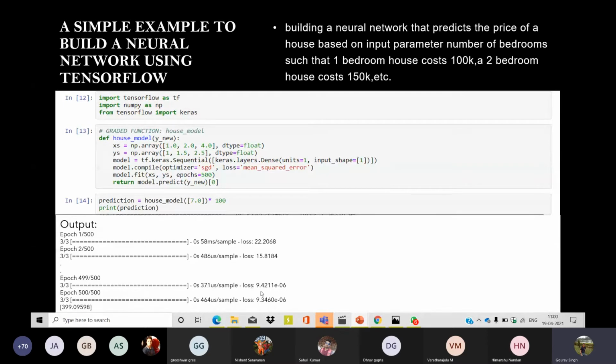And in the final step, our model predicted a cost of 399.0958K for the house that has 7 bedrooms. You can see it is not giving the exact answer. Actually, the answer should be 400K.